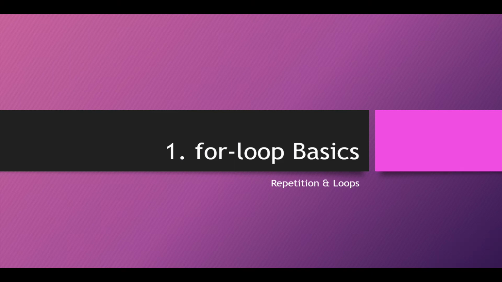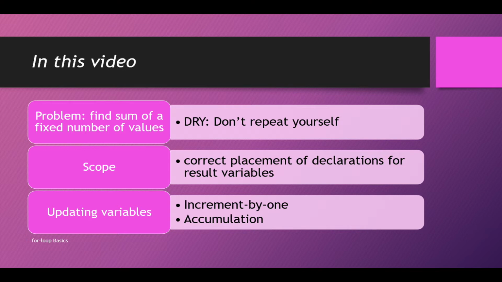In this video, we're going to look at for loop basics. Some of the details: we're going to have a motivating problem to find the sum of a fixed number of values, and we'll introduce the DRY principle, talk about scope and where to put declarations for result variables when you're using a loop, and then how to update variables, both incrementing by one and accumulating a series